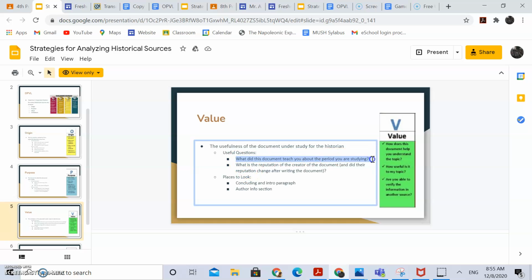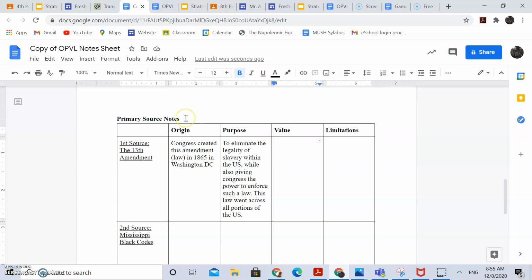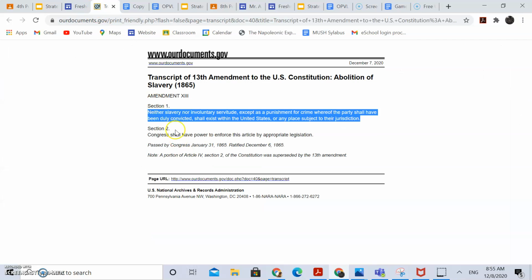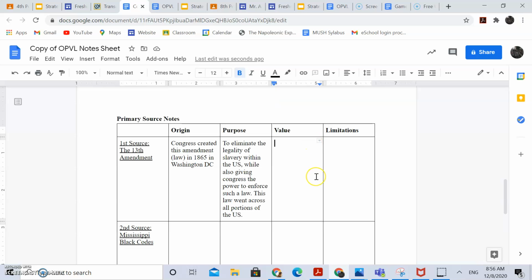Well, this is the most important question: what did this document teach you about the period you are studying? I'm going to act like I don't know things, because I obviously made this class and chose for us to read this document, but maybe I'm approaching this document for the first time. I look over it, and what did this document teach me? I can even say this kind of taught me something even this year as a historian. The document